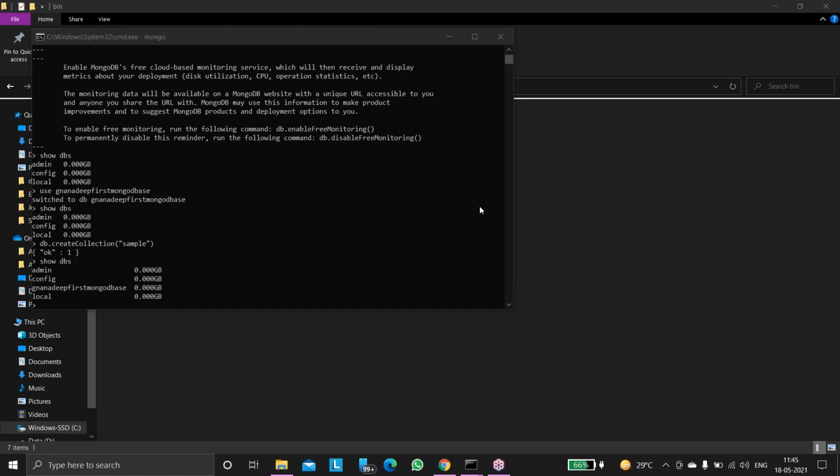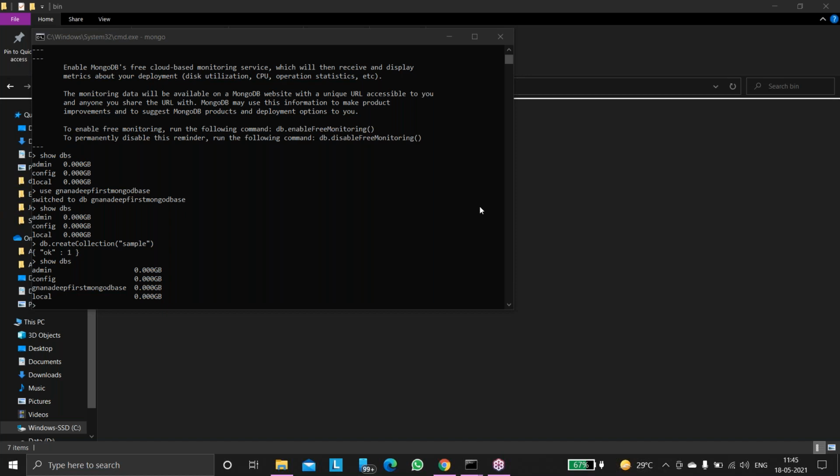So one of the MongoDB GUIs is Robo 3T. Studio 3T is also there, but that is not open source, that means it is not free. But there is other software that is also a product of Studio 3T, called Robo 3T. So now go to Google and type download Robo 3T. There we will practice.